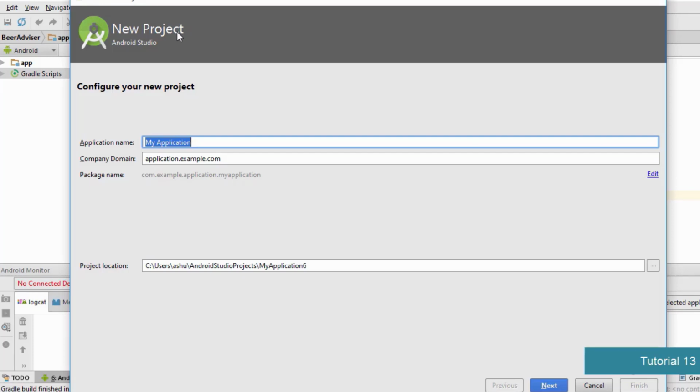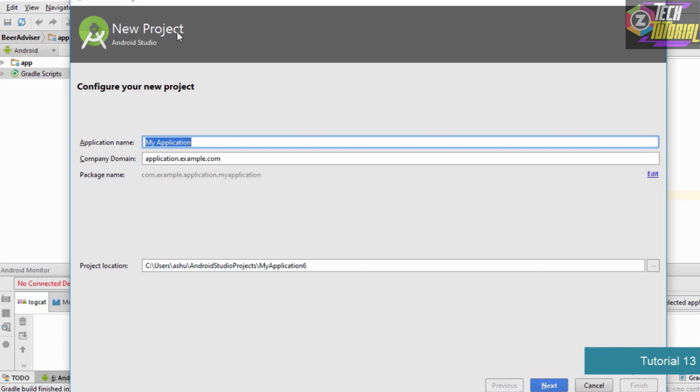Hello and welcome to this tutorial. In this tutorial we'll be learning how you could design the user interface of your Android application by using the Java code. Now in the previous tutorials we have already learned a method for creating the user interface. The first method which we have studied is the direct dragging and dropping of elements onto the user interface, and the next method was by using the XML code.